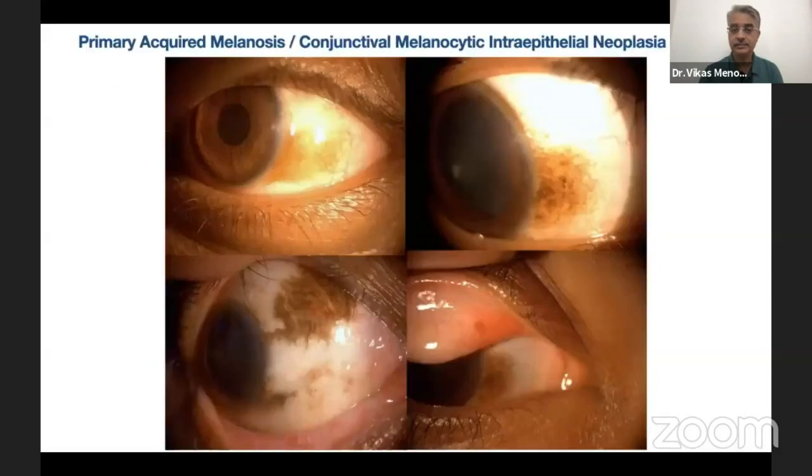Now, these lesions can appear anywhere on the bulbar surface, even on the tarsal or palpebral conjunctival surface. They may be unifocal or multifocal also. So you need to evaluate the ocular surface properly and mark these on a good diagram or take good photographs for serial observation if you plan to observe these lesions. Primary acquired melanosis is a clinical term, and conjunctival melanocytic intraepithelial neoplasia is the term preferred on histopathology, which excludes those cases where there is just a proliferation of melanin pigment without actual true proliferation of melanocytes. So CMIN, which is actually a more specific term, is preferred nowadays over PAM.